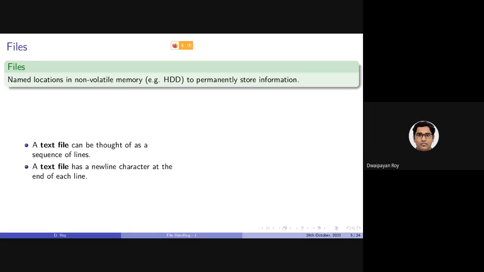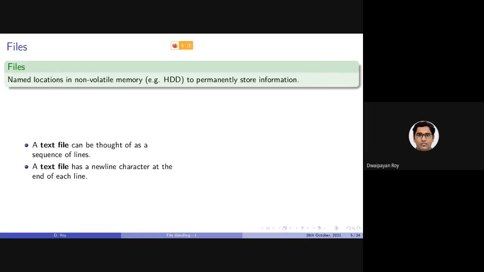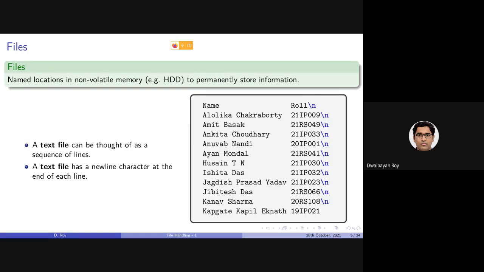And after each line, the end of the line will be specified by a new line character. For example, if I look at this file containing the name and the roll number of some of us, as you can see, these are the characters which are stored in a file.